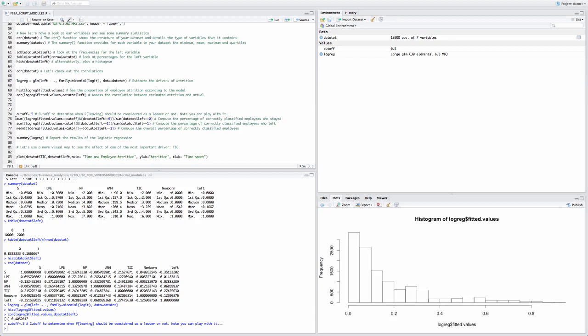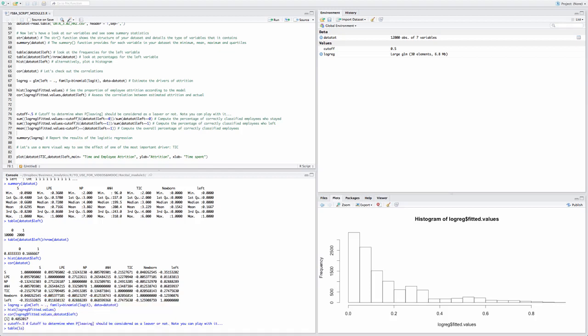To obtain predictions, we could run these three lines, and we will in a minute. But for now, let's try to build a confusion matrix in the command line. What we want is to know when the fitted value is above 0.5. This will return true, and if it's below, it will return false. And then we want to compare to the actual values. So we type